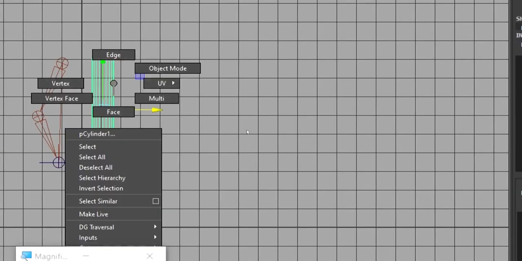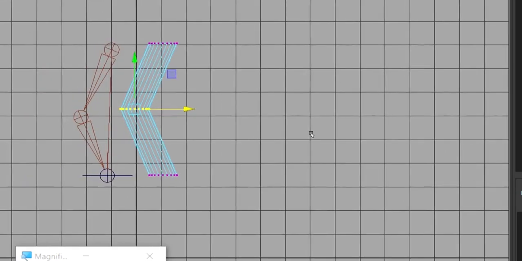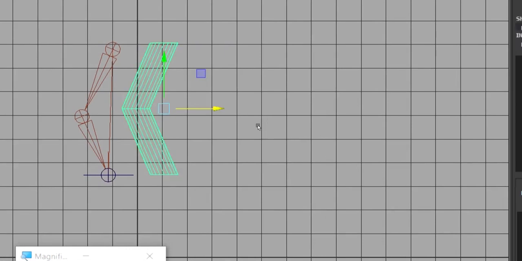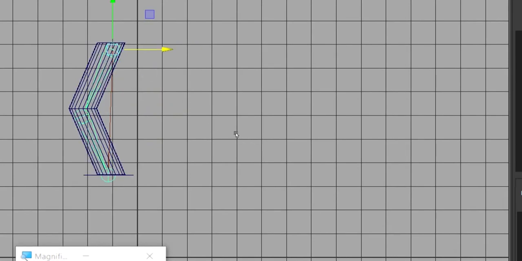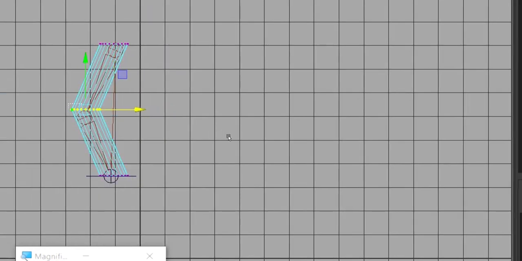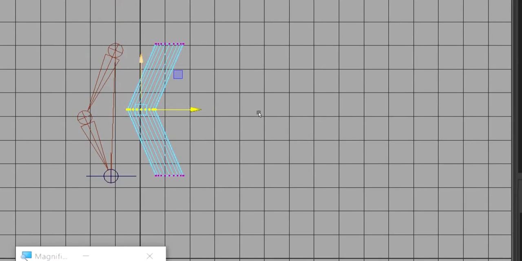So I'm going to take the vertices and move them like this. I'm going to take this object and move it here. Select the vertices, bring them down.